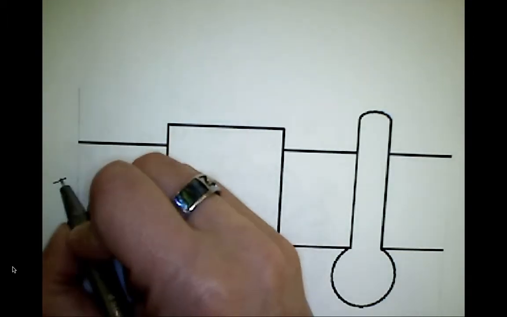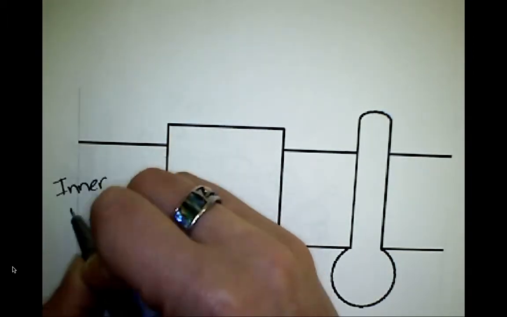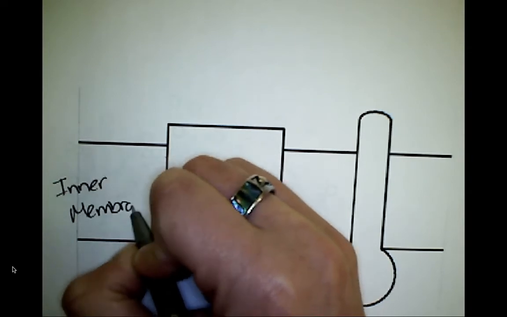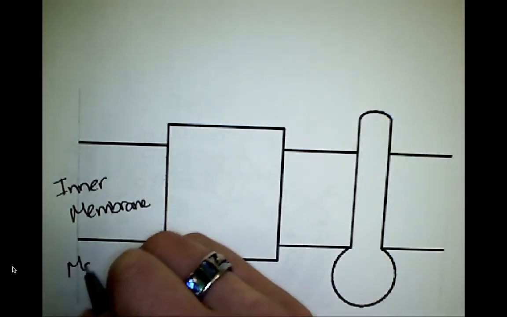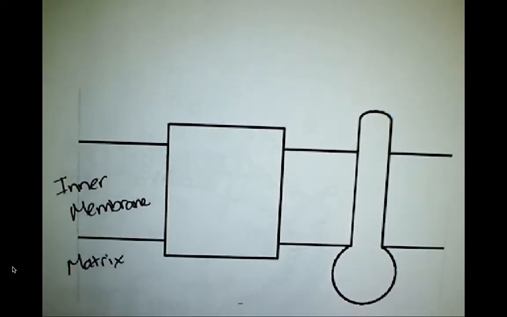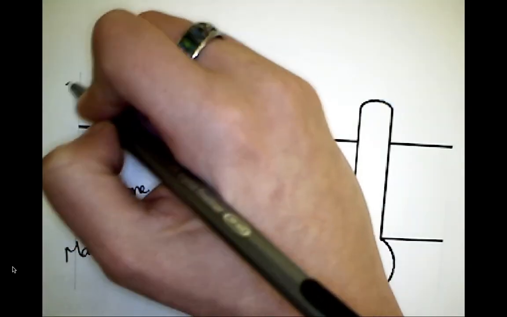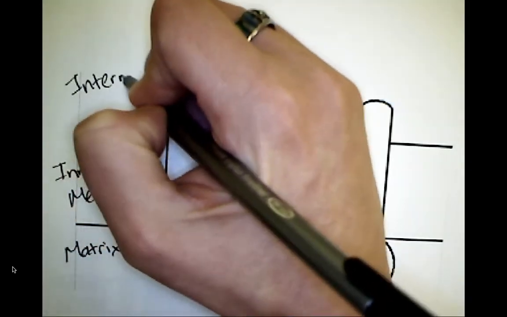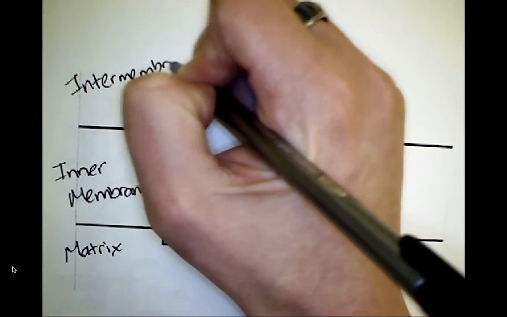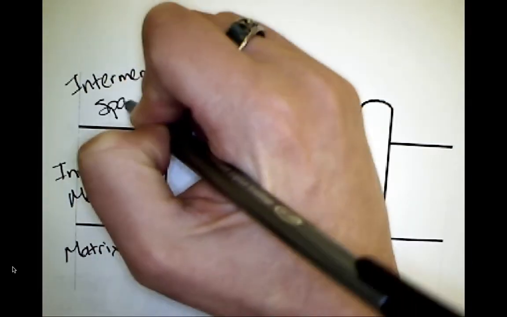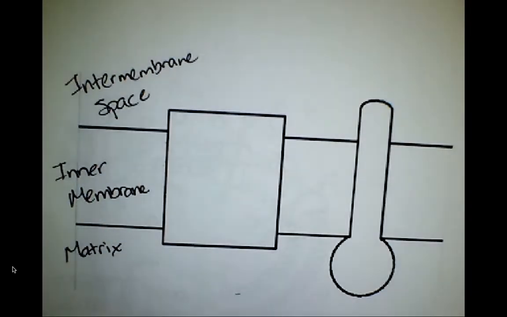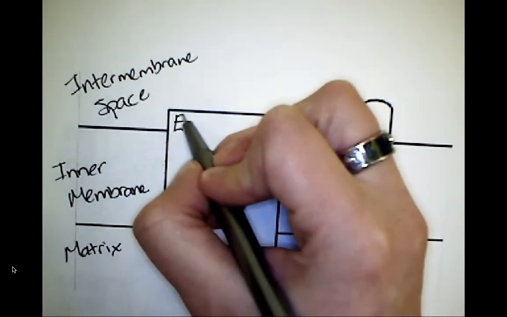So this is my inner membrane. I'm not going to spend a ton of time on this picture because you're going to get the details on the next page. This is the matrix, and then this is the intermembrane space, the space between the inner and the outer membrane. Okay. The overall gist of this is going to be, this is going to represent my large electron transport chain,